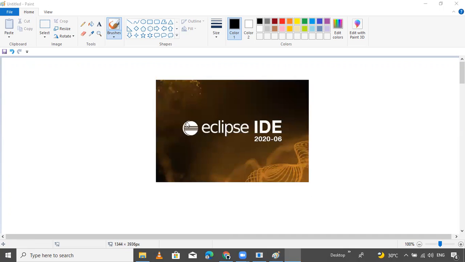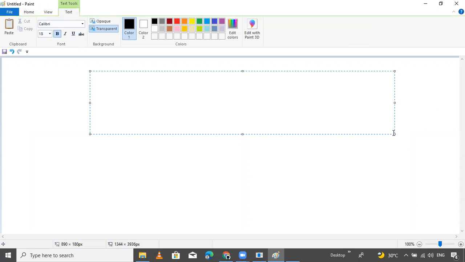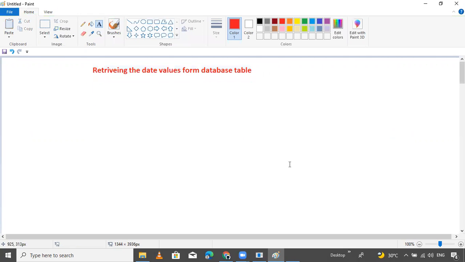Now here, the heading is: today's session is only about retrieving the date values from the database table column. So for retrieving, you can use a Statement or PreparedStatement object to retrieve the value.